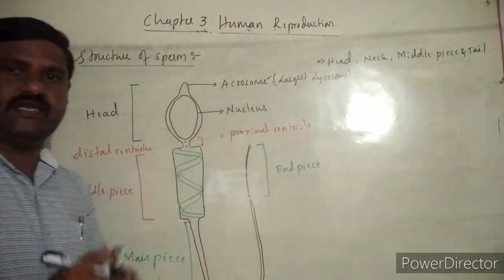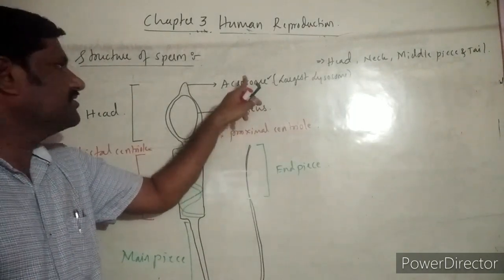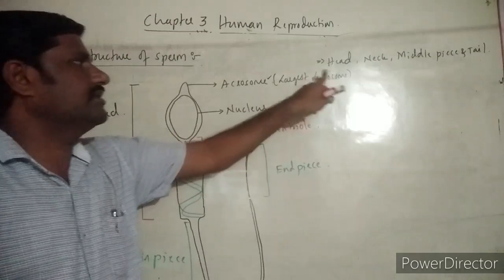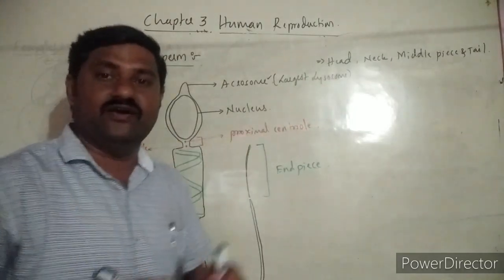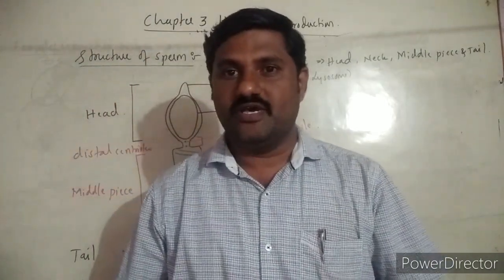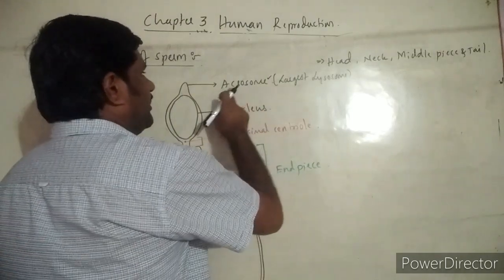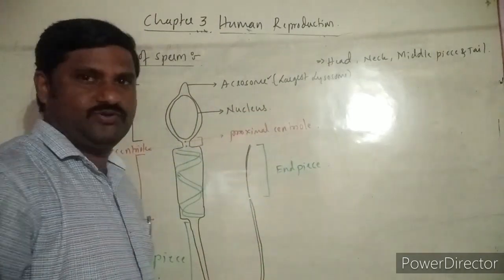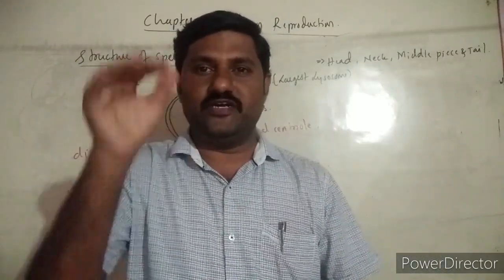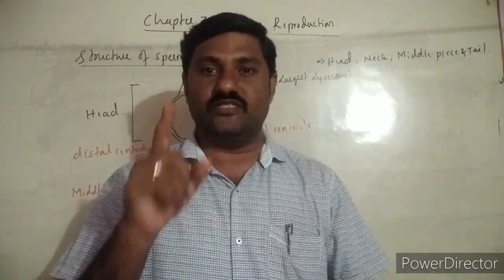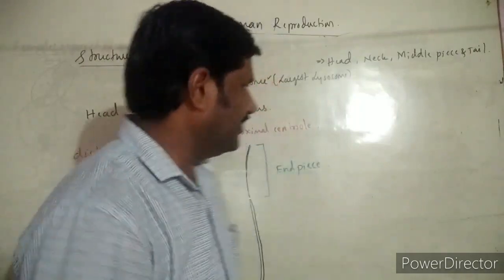It is the largest lysosome which makes the acrosome, right? So this acrosome is the largest lysosome, and this lysosome itself is containing what? Hydrolytic enzymes. Hyaluronidase are the hydrolytic enzymes that we come across in the acrosome. What is the major function of the acrosome? It helps in dissolving the wall of the egg cell during fertilization. What happens over here?